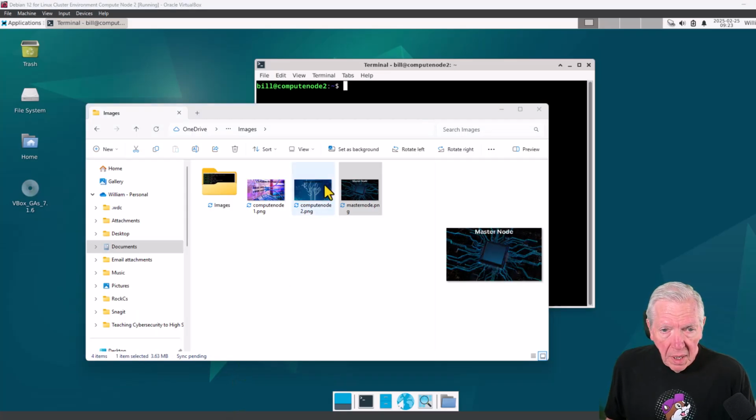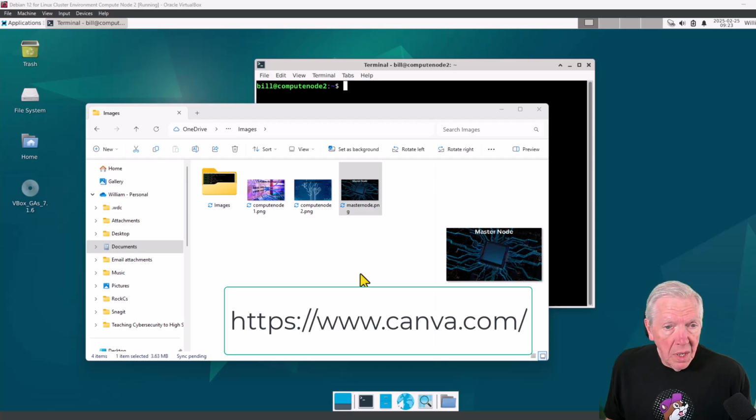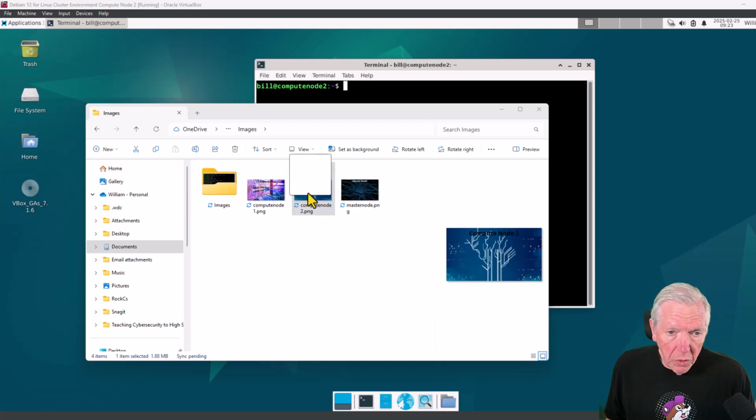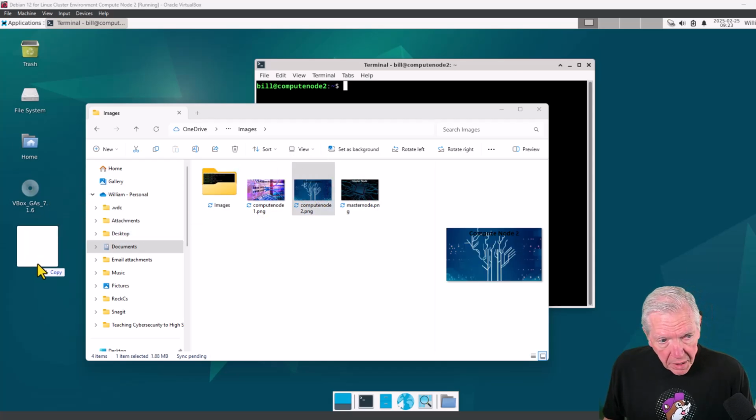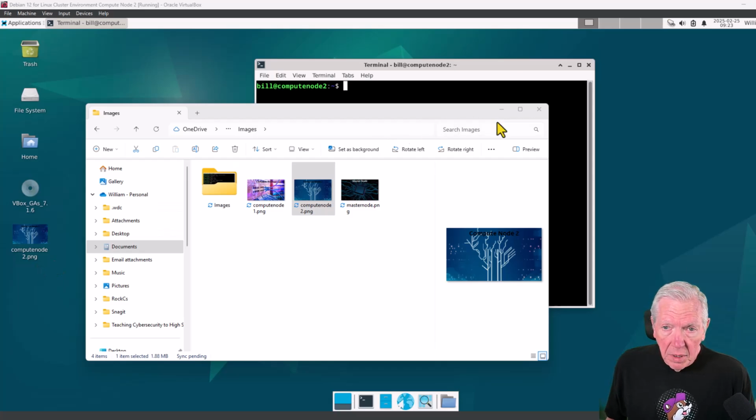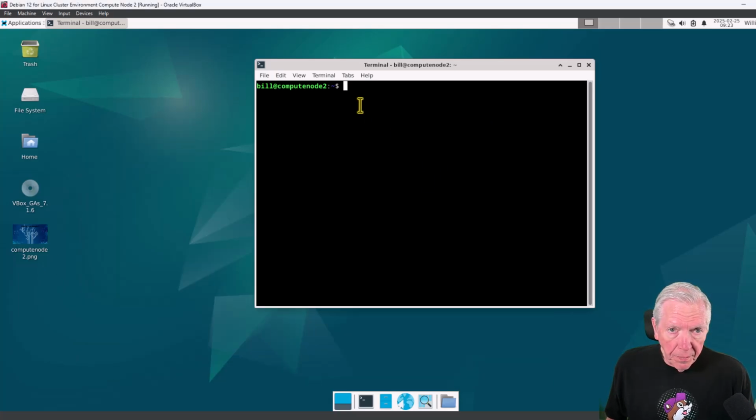Okay, now I've created these in Canva. I'm keeping them on my hard drive over here. Here's the one I want to use for compute node 2. So I'll drag it over like that. And you see how it says copy there. What that means is that VirtualBox is fine with copying this over to Debian 12, and Debian 12 will let me bring it over. Now this is on my desktop, and so what we have to do